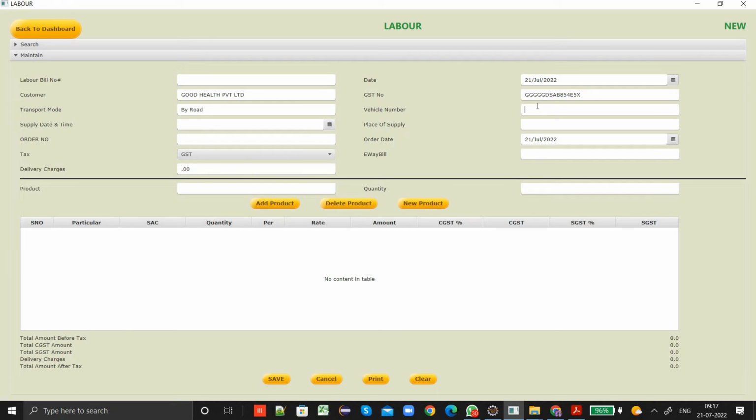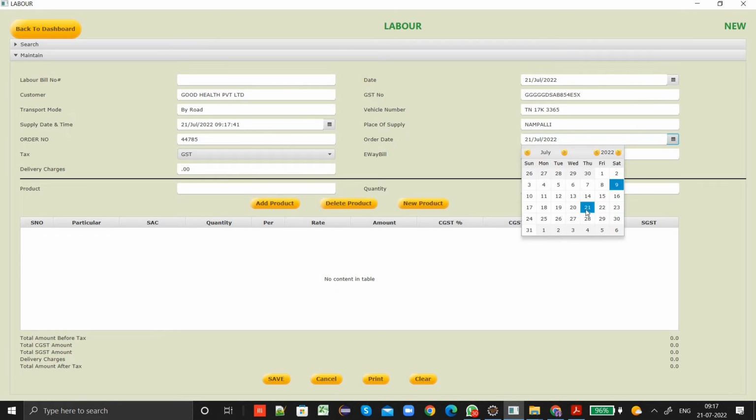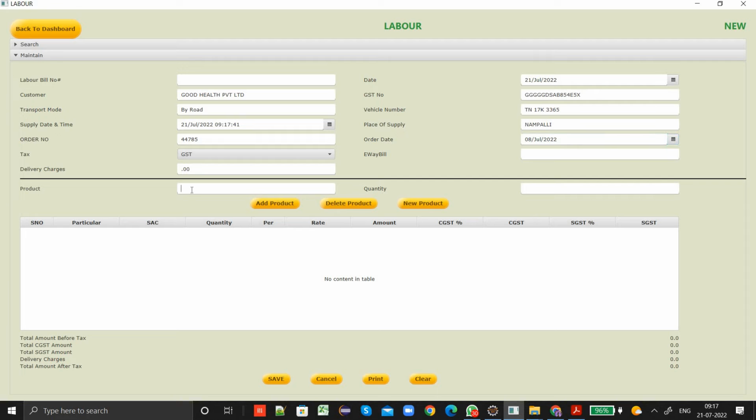Enter the vehicle number TN17K. The supply date and time, and then place of supply, Nampalli, order number, something like this, order date can be previous date, it can be 8th, and then